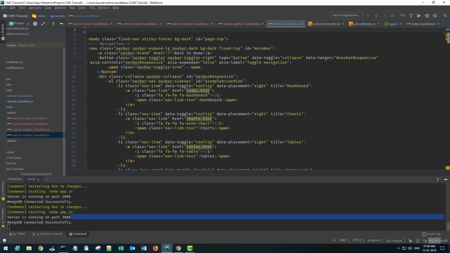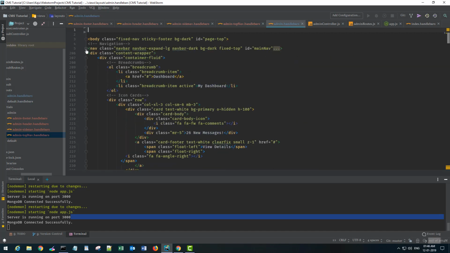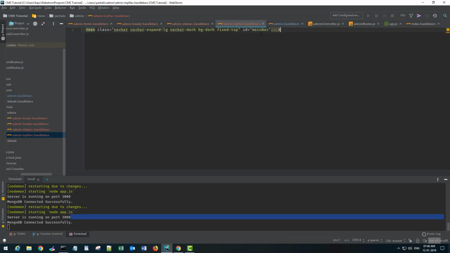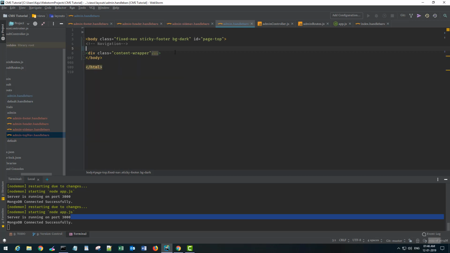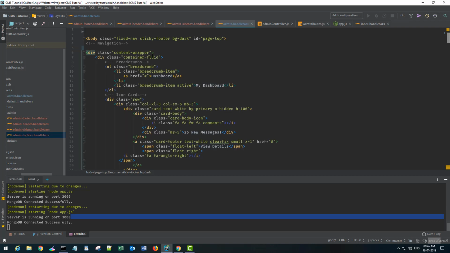So this will contain my nav bar. Okay, cut and go back, paste it here. Okay, then this is the content wrapper. It has the breadcrumbs. Okay, I'll leave the content wrapper div,